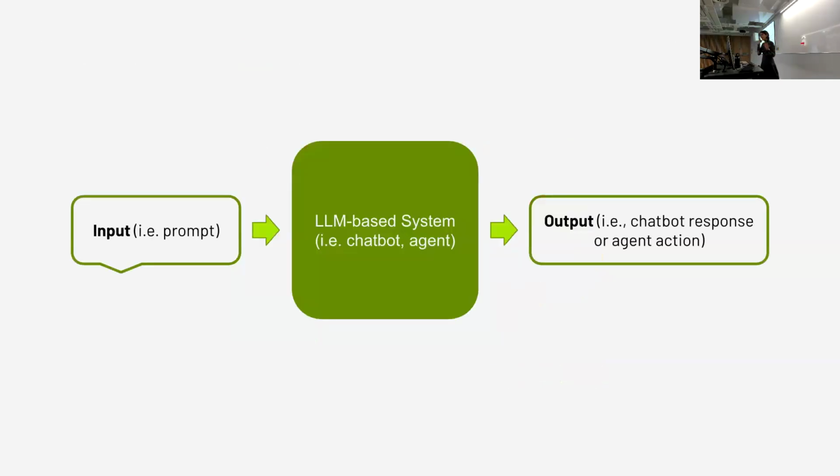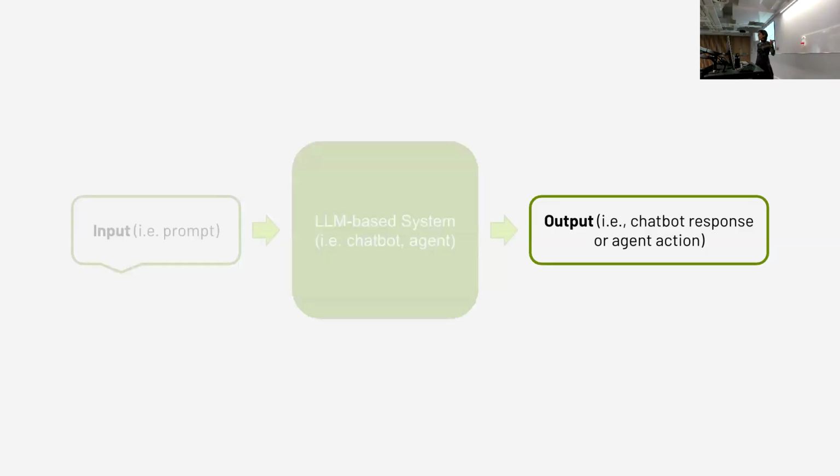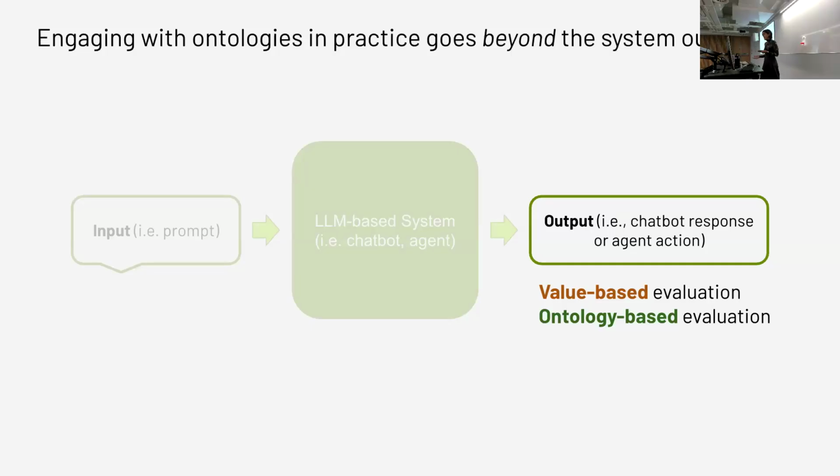Great. Okay, so now that we've defined what we mean by ontologies, I'll look at ontologies in the design and evaluation of large language models. Current approaches to large language model evaluation typically focus only on the system's outputs, and primarily through this value-based evaluation that I just mentioned, asking if these outputs align with societal values and ethical standards, or what are the values that we're prioritizing of all the options that were offered. As I've demonstrated, hopefully you're now convinced that we must also examine these outputs ontologically, probing the fundamental assumptions about reality they contain.